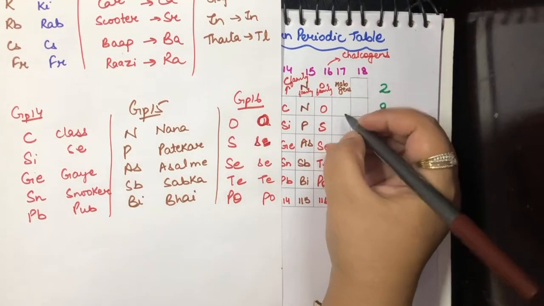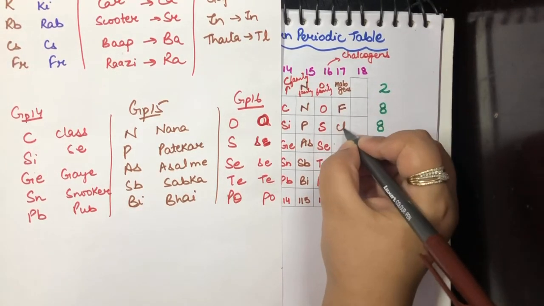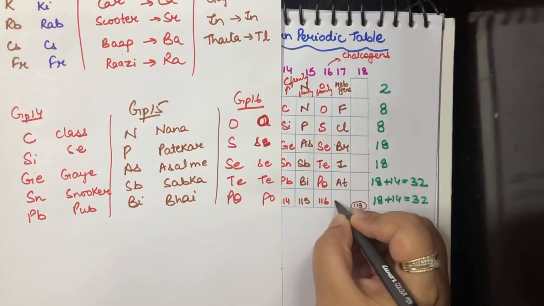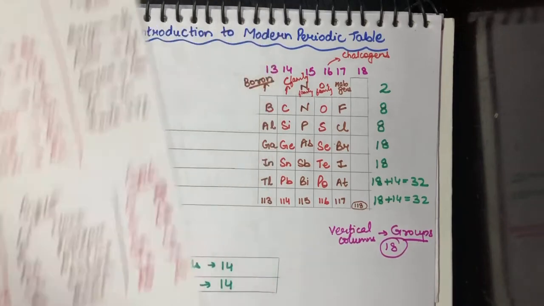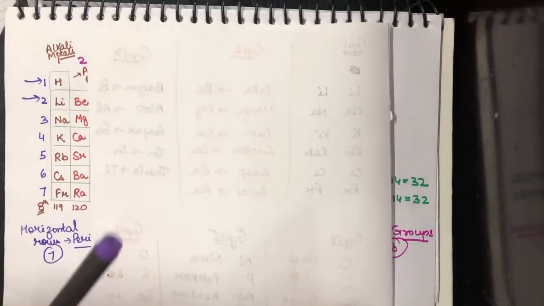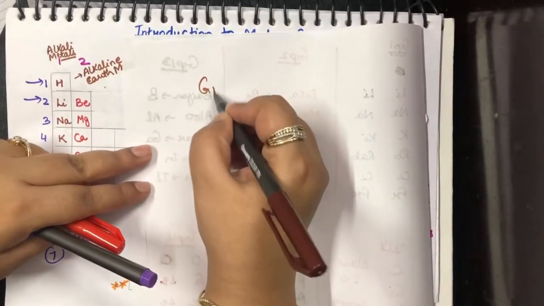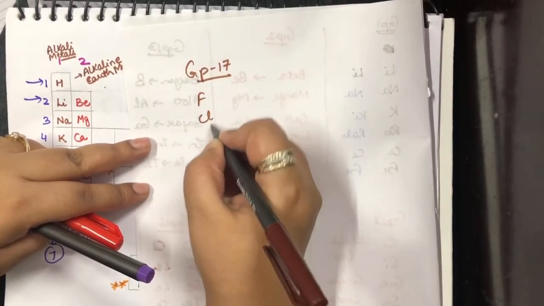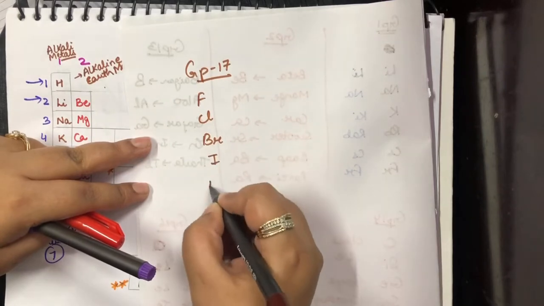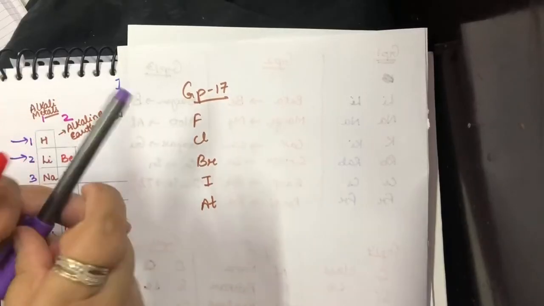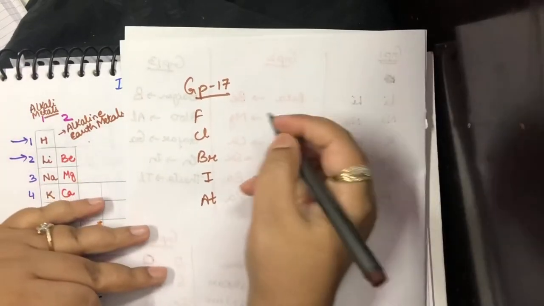So the name for them is fluorine, chlorine, bromine, iodine, astatine, and 117. Now if I have to write down the names for group 17, what were they? It was fluorine, chlorine, bromine, iodine, astatine. Now for this, we learn it as